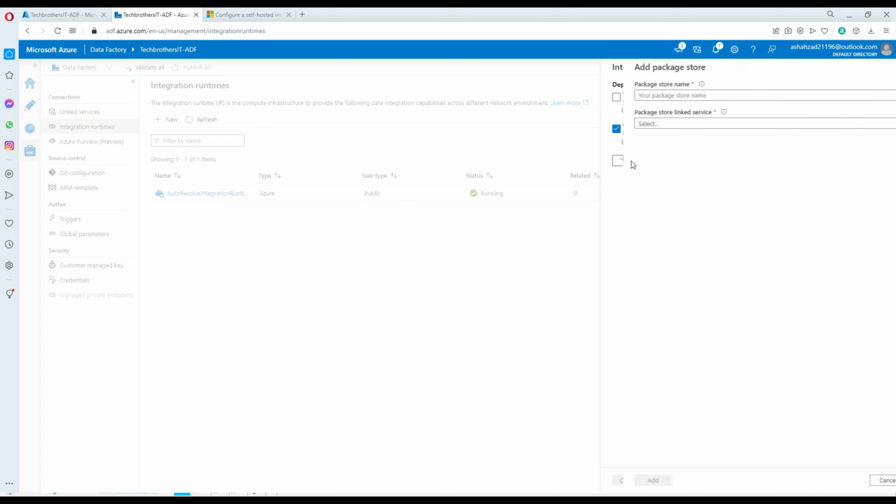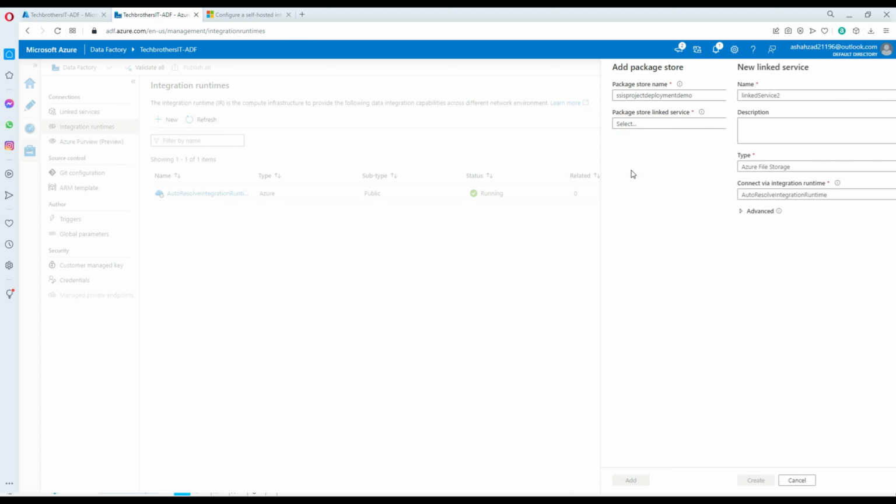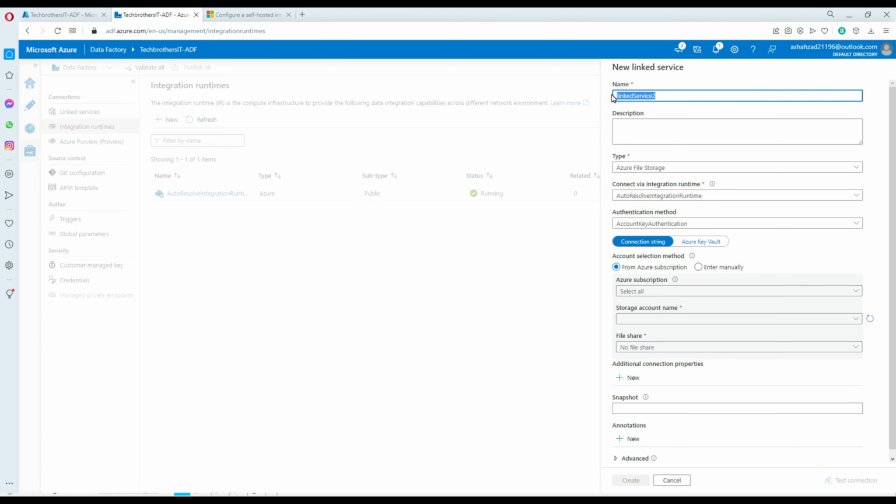Now hit new, and it is going to ask you to create the linked service there. So I'm going to call this one SSIS package deployment. I will call it SSIS project deployment demo. Whatever you want to call it, just give a name, and then we are going to create a new linked service. Why? Because the SSIS package LNK. Okay, now it is asking where you would like to save those packages,